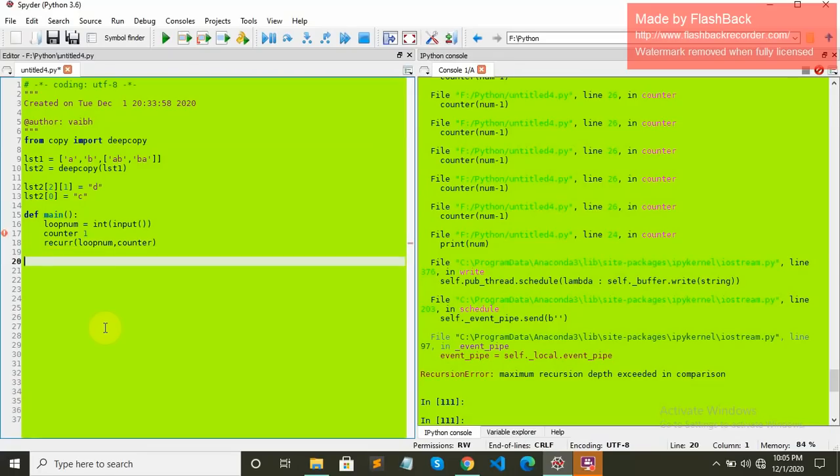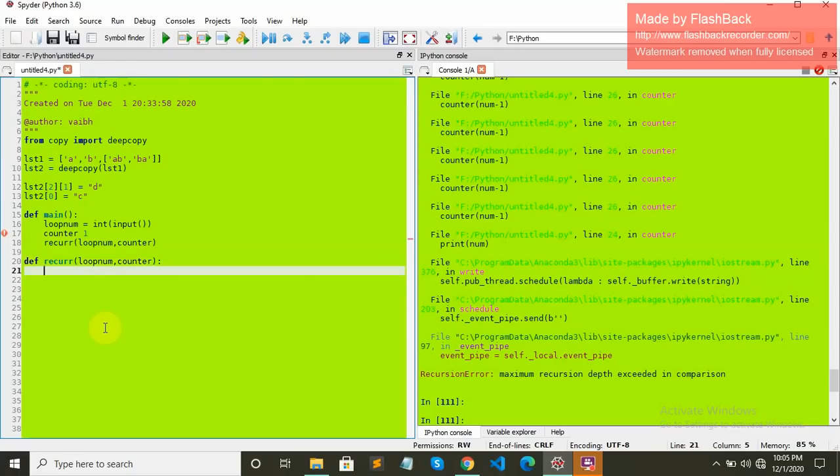Let's define the recur function now. Loop_num, counter: if loop_num greater than 0.